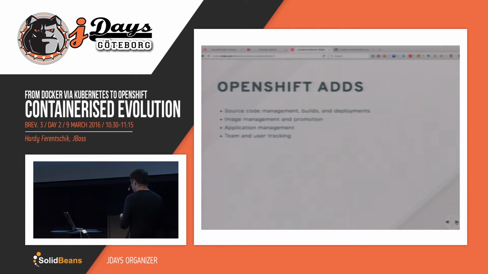So what does OpenShift add into the mix? It's source code management. In OpenShift you can say, here is my Git repository, please monitor this Git repository. If a user pushes something into this Git repository, pull down the changes, and then there's something called source to image. There's a builder container which takes the source code, say it's Java. It compiles the code, creates a Java file, puts it into a WildFly container, creates a Docker container out of it, and deploys it into OpenShift. So that's source to image.